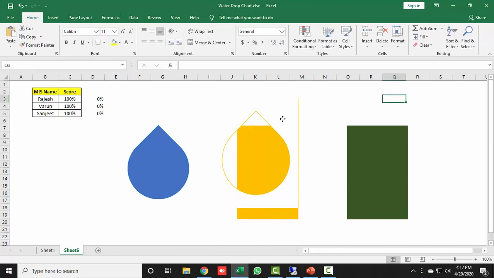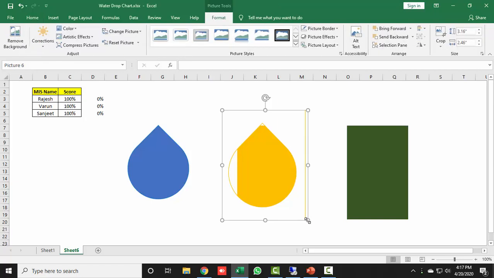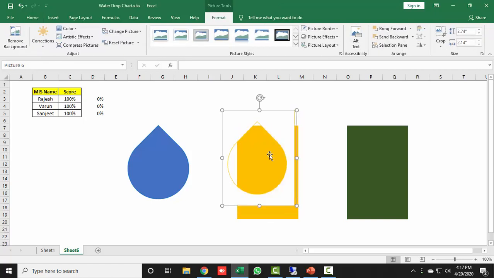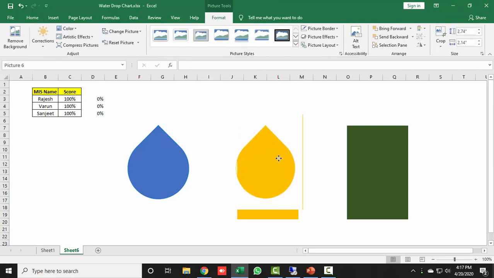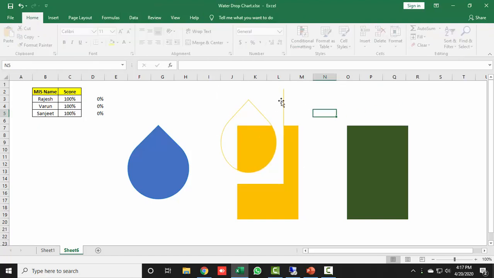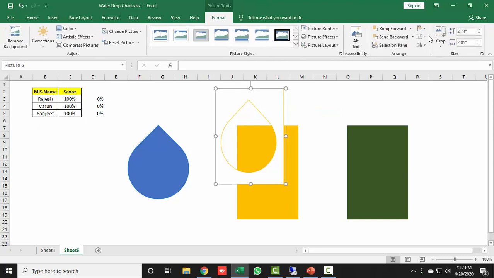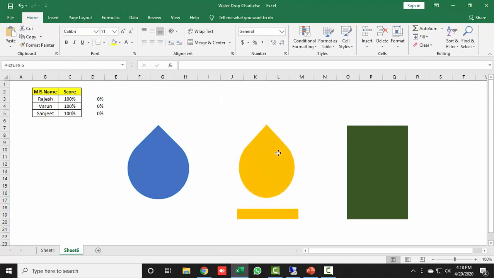Alright, now adjust it for the second one. Now this outline is not removed, so first crop it like this. Now adjust it again.